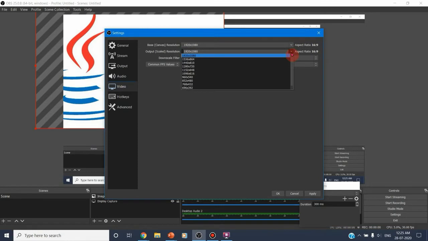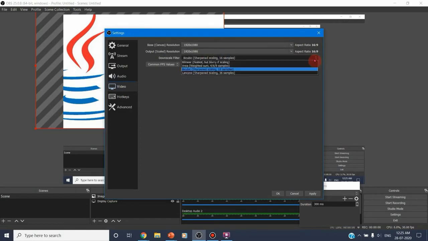If you want a very low resolution so that your data capacity is low, you can set that, and if you want high resolution, you can set that. And for the downscale filter, if you set bicubic, it will be very high quality with 16 samples. If you take lower quality, like bilinear, fast bilinear or sharpened scaling, your video quality will differ. After completing all the settings, you can click on apply and click OK.